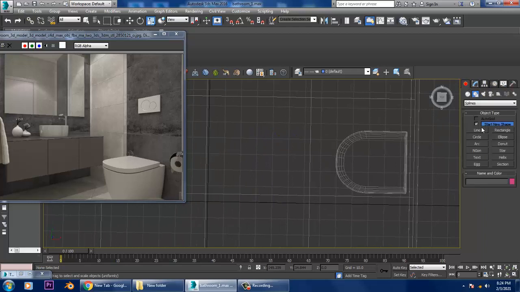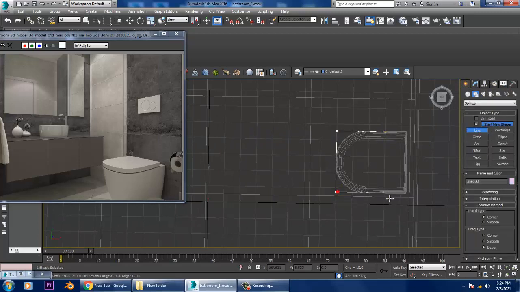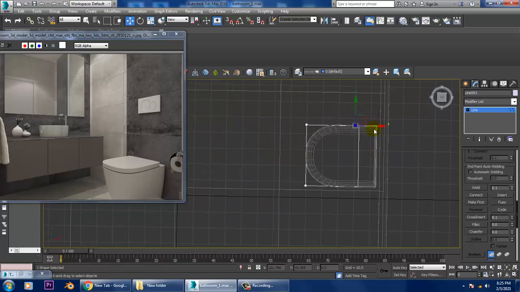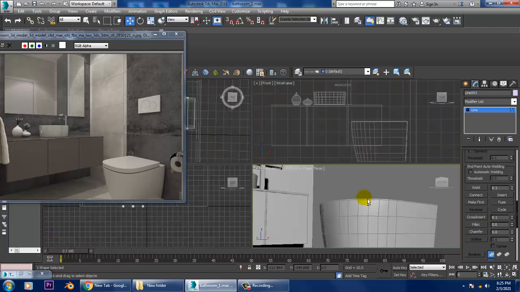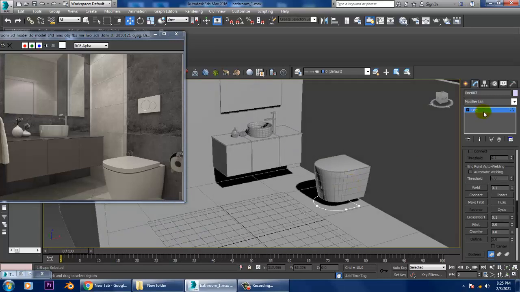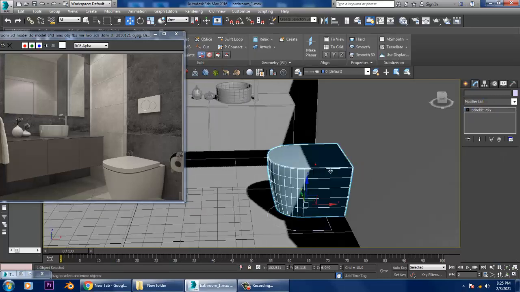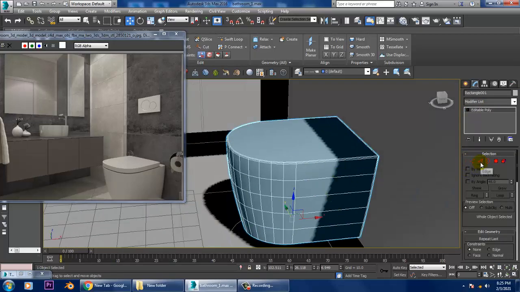Again let's go into this and let's take a line tool over here, close that, select the vertices, push it over here, select the vertices and let's give a fillet over here. So once you have assigned this, definitely we need to assign one loop also over here.